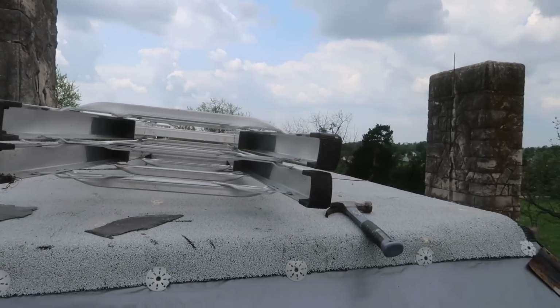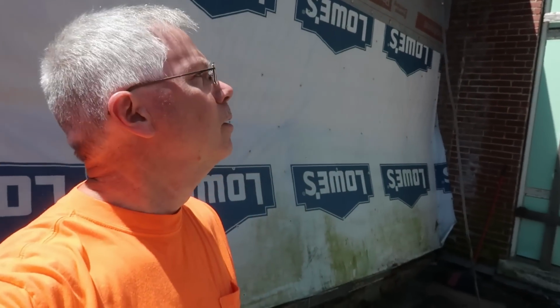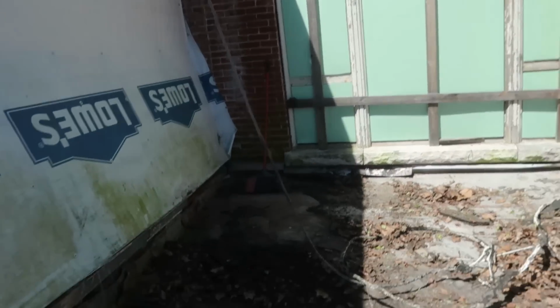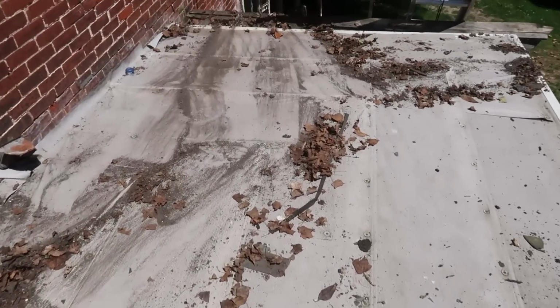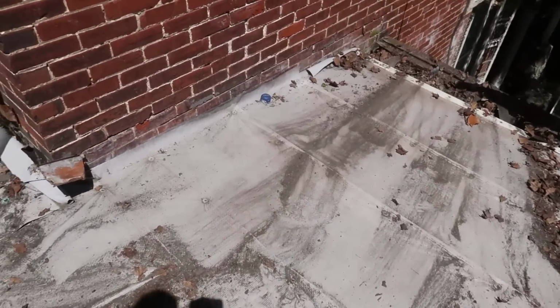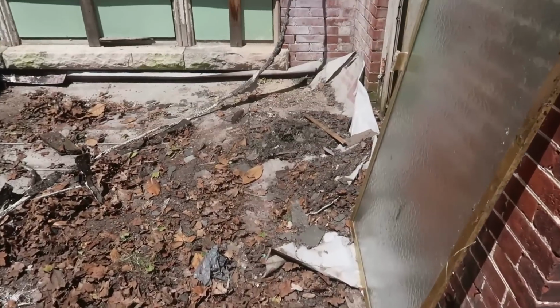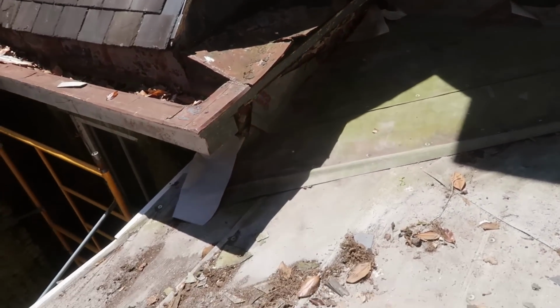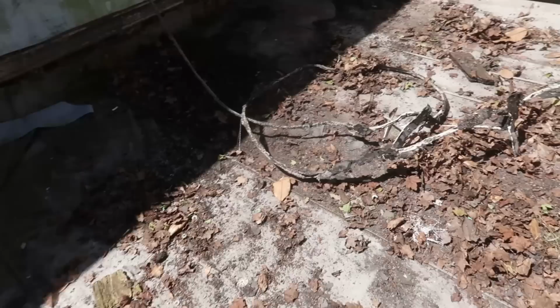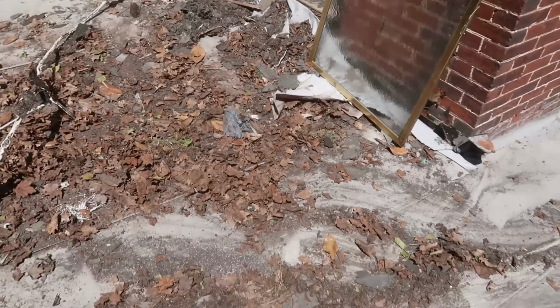For sure. Alrighty, it's time for an update on the little flat roof by the stained glass window. It's been here for a while. Obviously, this underlayment wasn't meant to be on here for this long. So we're going to start the process of putting down torch down underlayment. Well, after I clean it. After it gets cleaned,